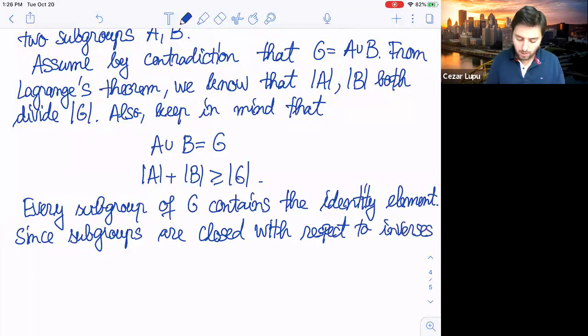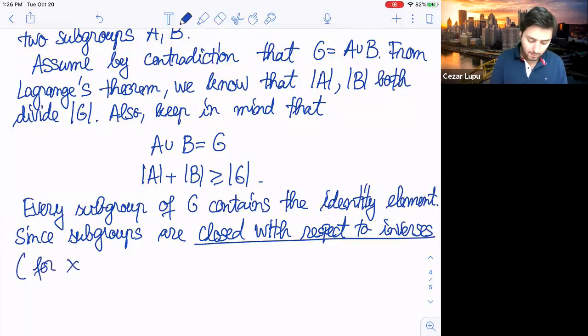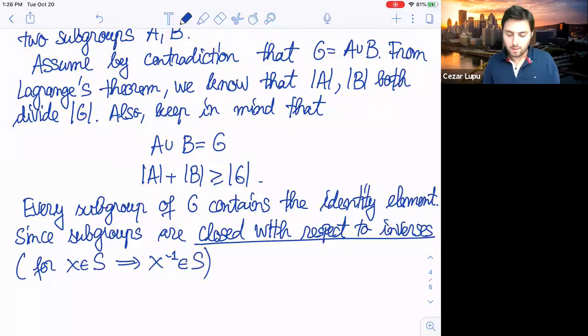Well, what do I mean by that? Well, I mean that for x in S, we must have that the inverse is also in S. That's what I mean, it's closed. So since subgroups are closed with respect to inverses, let